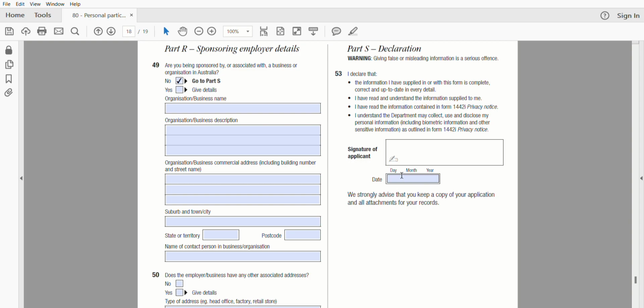You need to mention the date here and then place your signature. So if you can even place a digital signature, that's fine, or else you can take a physical signature of yourself and upload it. If not, the other option is that you take a printout and sign it off and scan the document. So there are three options where you can place the signatures. Whatever is preferable for you, you can choose that option.